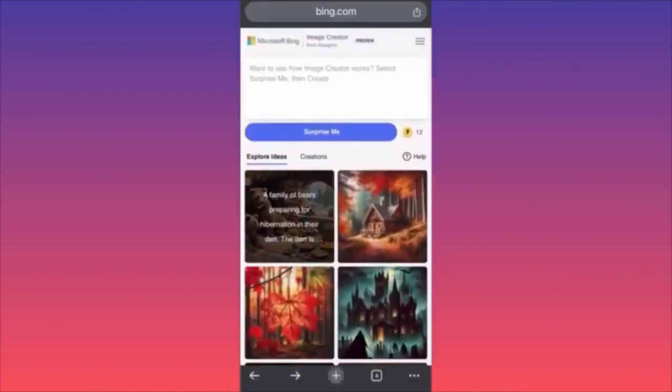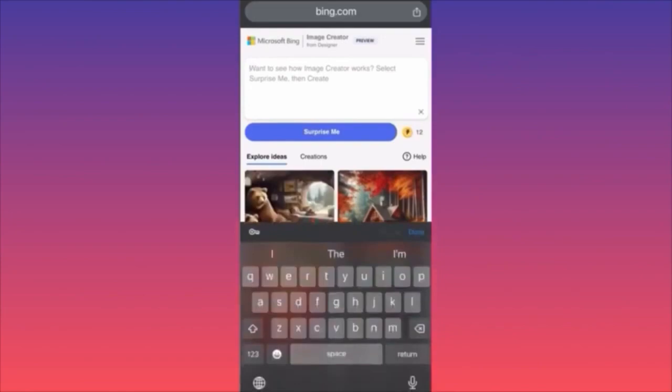So when you come over here and you create your account, you log into your image creator account, you want to come over here and you want to describe as detailed as possible what your prompt is supposed to look like, right? So for example, if I say I want to see what a